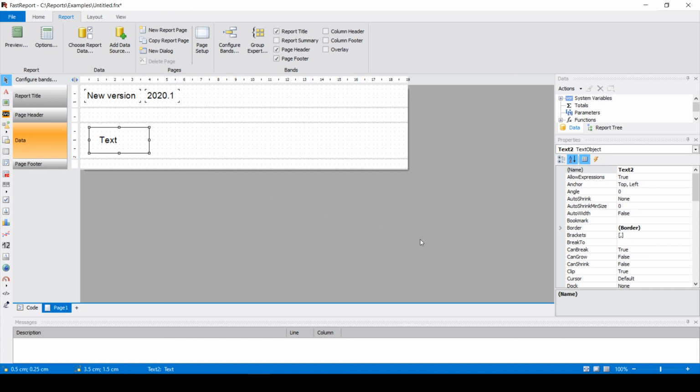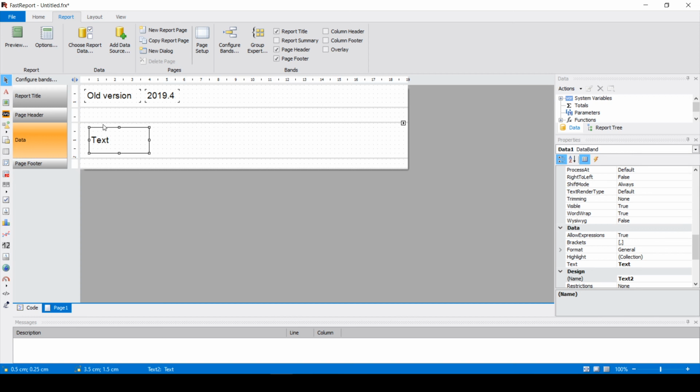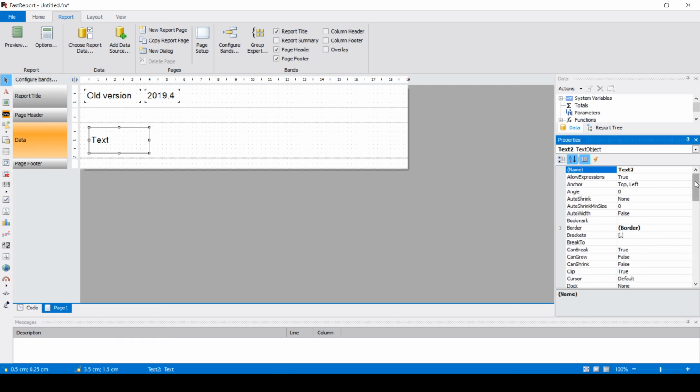We have set up the padding property of this text object in the new version so all of the padding is 20, and in the old version let's do this too. So the padding property all to 20, and let's export those 2 reports into